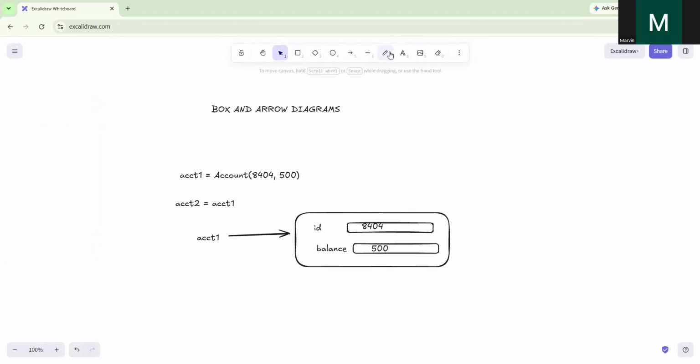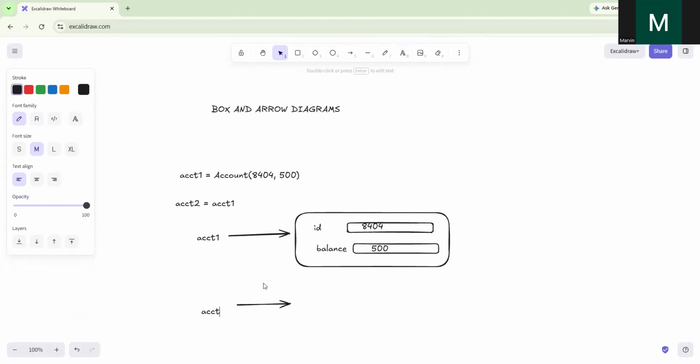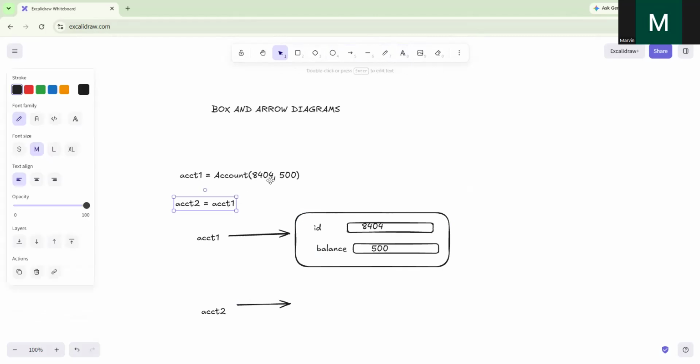What's happening is, first, when we see the equal sign, there is an arrow. Okay, there's an arrow. The left-hand side, we write to the left of the arrow, or the tail of the arrow. The right-hand side of the equal sign, ACCT1,